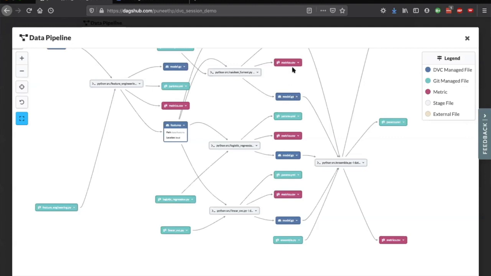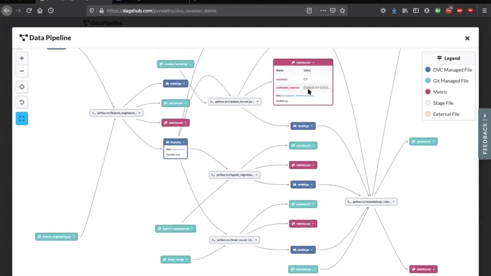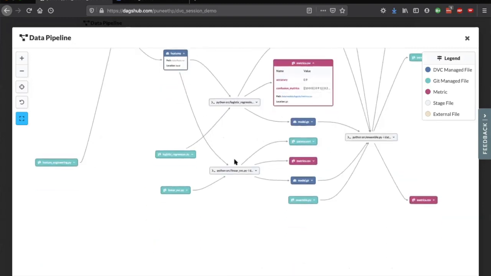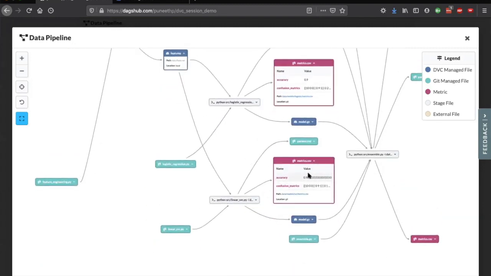So if you see random forest metrics, you can see that the accuracy was 0.9, confusion matrix is this. If you see logistic regression, accuracy was 0.9, confusion matrix was this. And if you see linear SVC, this has better accuracy score of 0.93.